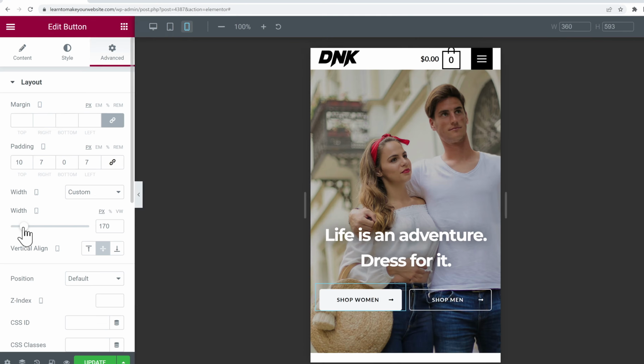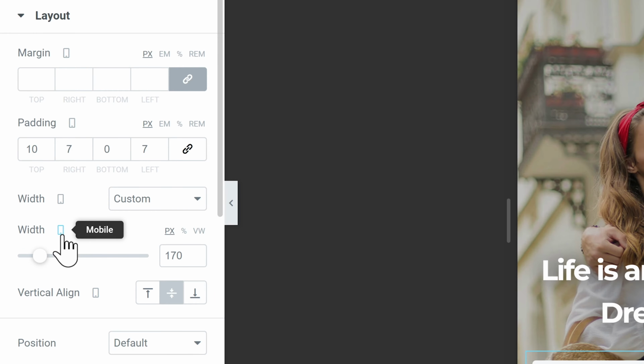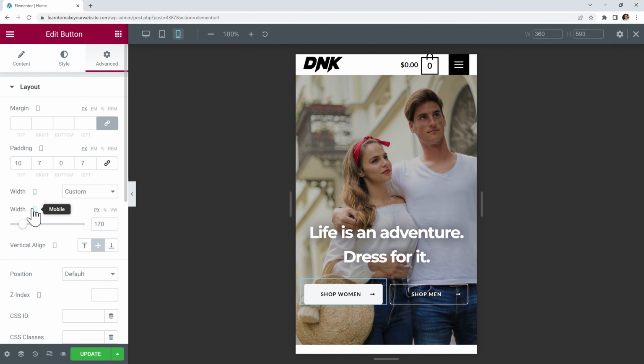And next to the width we can also see this small responsiveness icon. We also have this icon in many other places, like for our padding and margin up here. What this icon means is that we can change this specific setting, in our case the width, just for mobile mode. So we can change it to 160 pixels, and now we've made our first button smaller, but just for